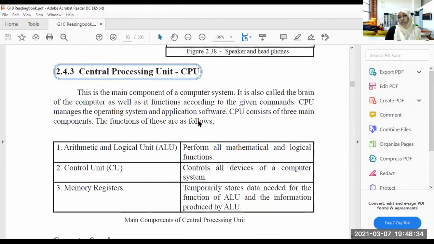Next one, the central processing unit, which is the most important part in the computer, right? Okay, so CPU, or central processing unit, or brain of the computer. All these are similar names of the CPU. And without this CPU, a computer will not work actually. Just think, will it?